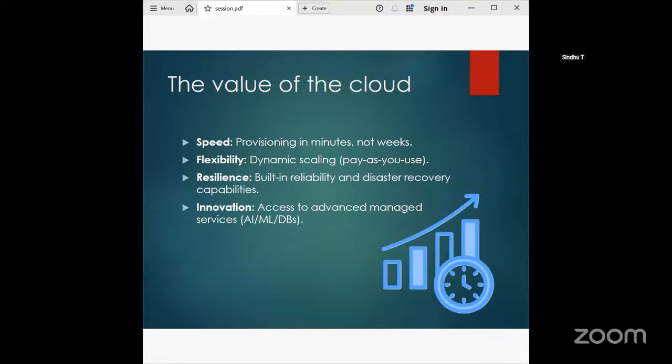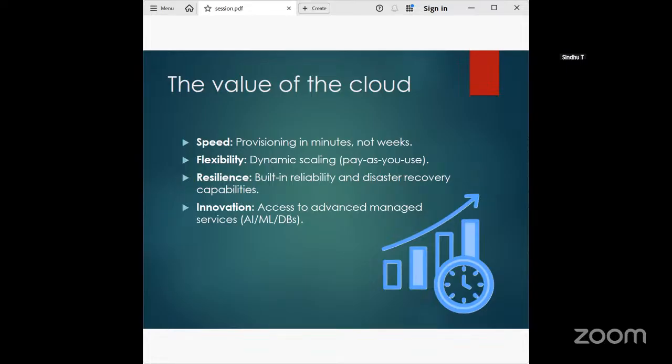Some startups avoid the upfront hardware cost. Applications can be deployed globally in minutes. So for the business, updates happen in hours, not weeks. Okay, so for some who are doing business in traditional IT, if an update happens, we have to update manually, and it takes hours, weeks or days.